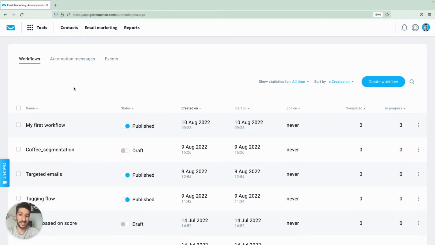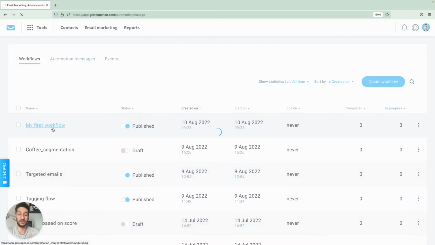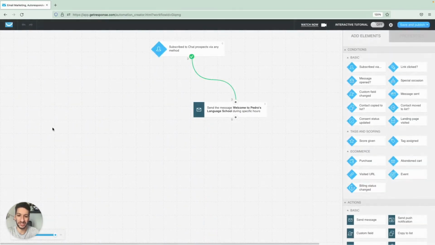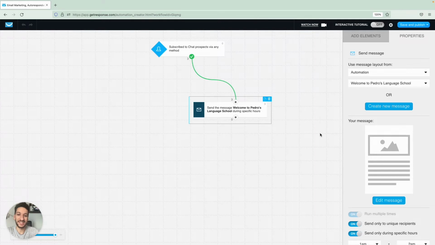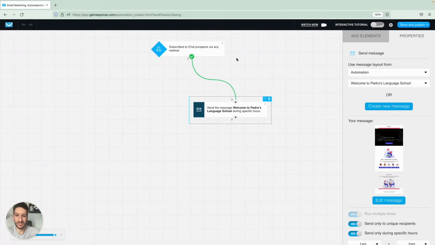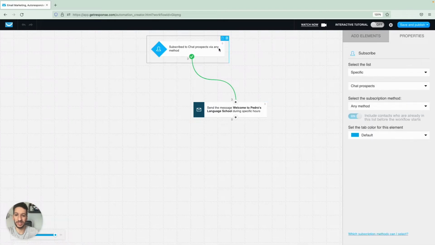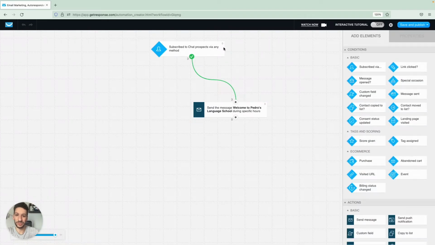And now let's see the workflow itself, and what if we want to change the message inside. Let's just go here, and just for you to notice, this was done on purpose so that you can see, and let's zoom in here and you see the numbers. So there are a few numbers here that you need to know about. So this one here in the corner, as you can see, 0 means how many people are currently in that